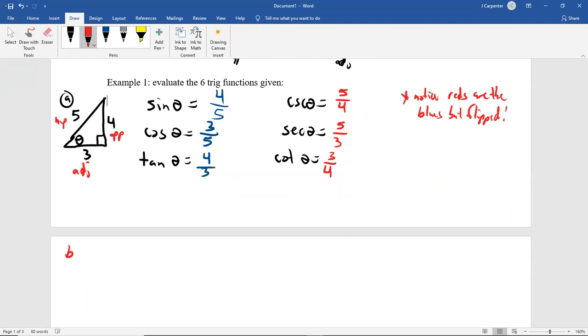B. I want it in black. Back in black. All right, so this triangle,